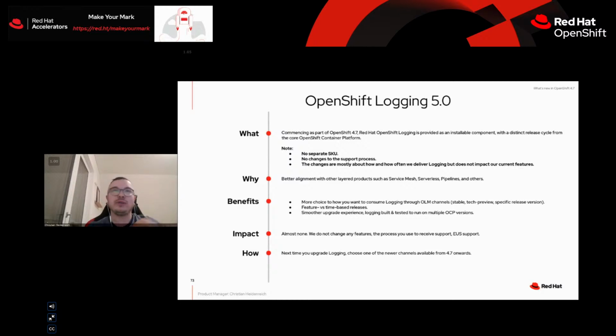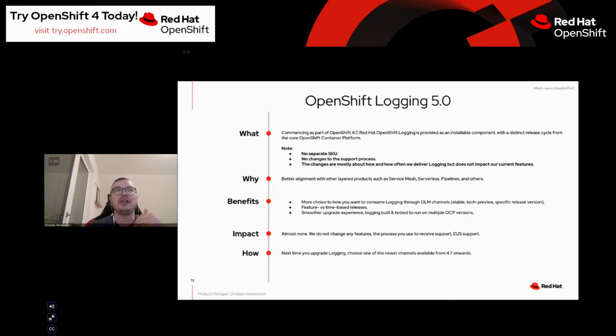As I said already, there is no change to how you receive support, no change to introduce a new SKU. It will still be available under OCP. All the features are still supported that we currently support. This is really largely a repackaging exercise. But some of the notable changes, which I believe are benefits for customers here, is that with 5.0,